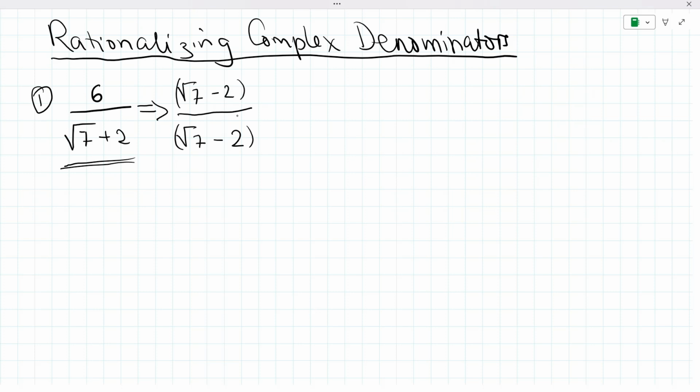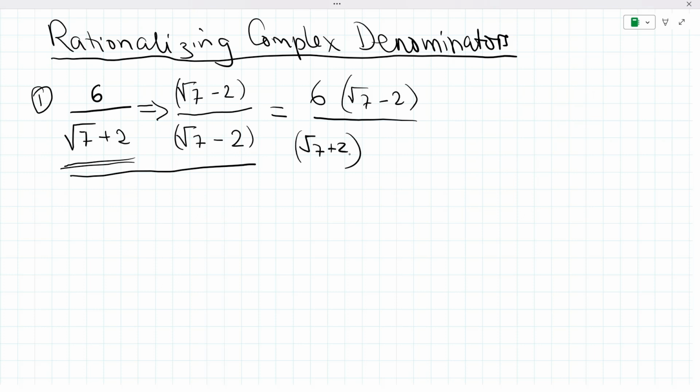So that means our expression becomes 6 into root 7 minus 2 over root 7 plus 2 multiplied by root 7 minus 2. And then we can move on to simplify what we have here. So this will become 6 root 7 minus 2 divided by